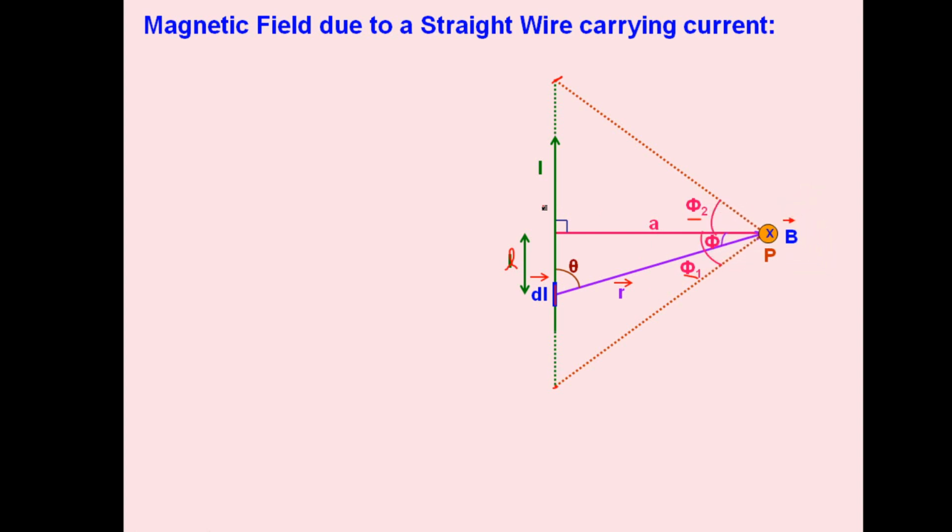Here the magnetic field will be downward with respect to the direction of current. Current is going up. If we imagine this wire in our right hand, then the curvature of the fingers will go inward at point P. So according to Biot-Savart's law, we have dB equals mu naught upon 4 pi I dl sin theta